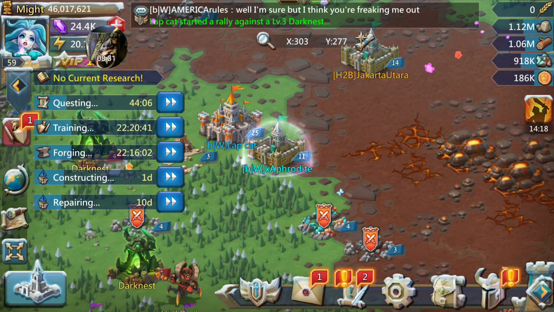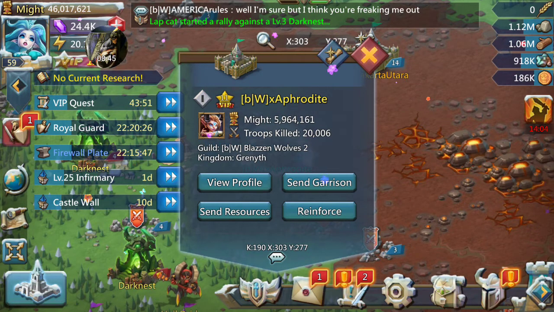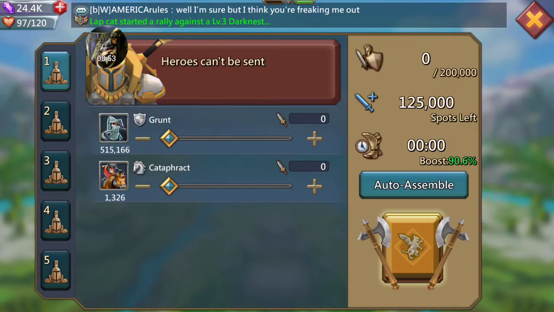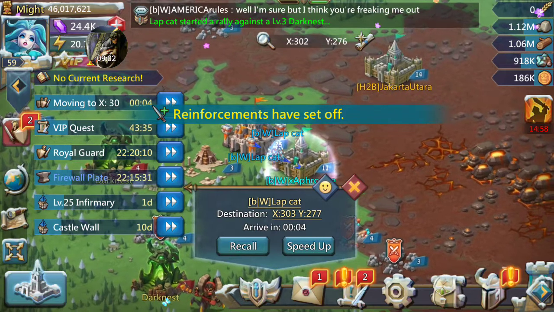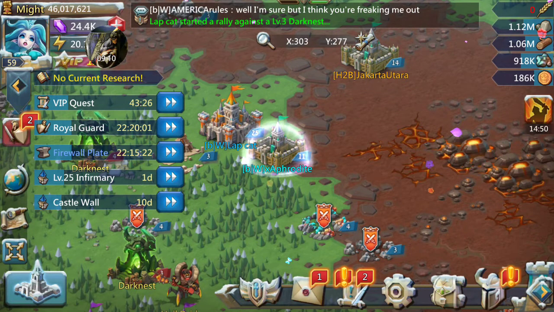Now, hypothetically, if Aphrodite was significantly stronger than I was, like her bonuses are significantly larger, and she's in war talents and war gear, I would go ahead and send her a reinforcement instead, because reinforcements work off the bonuses of the person that you're sending the reinforcements to. So instead of using my bonuses for the troop strength, it would actually use